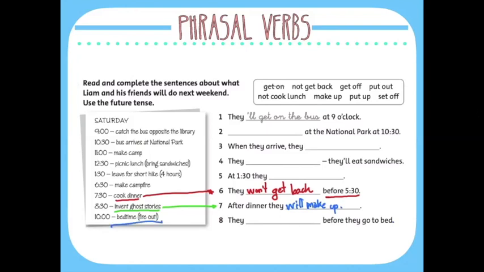And bedtime. Fire out. Carlos Fauce. Okay. They will put out the fire before they go to bed. Okay. They will